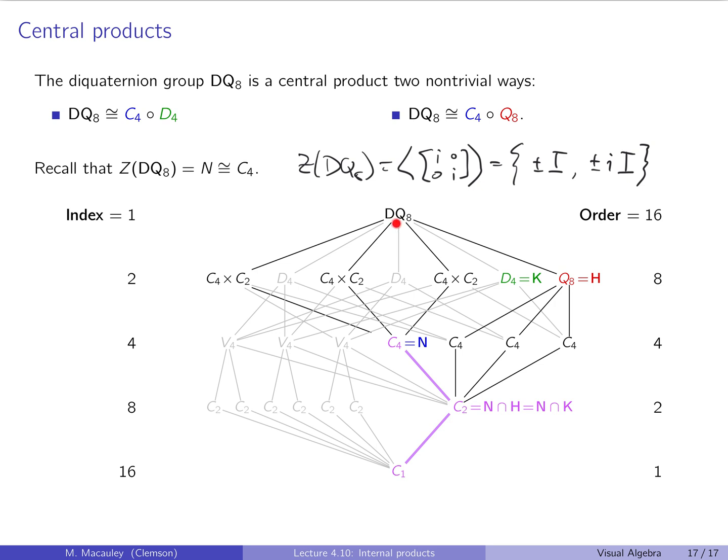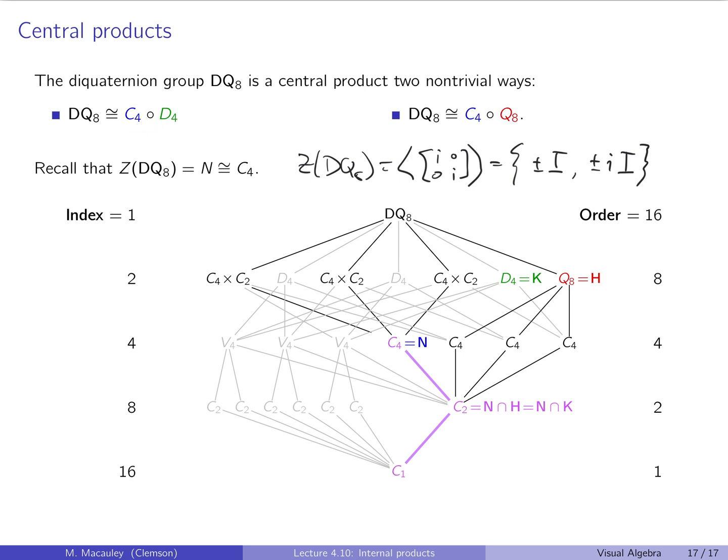So DQ8 is a central product of C4 with D4. And it's also a central product of C4 with Q8 because similarly, these 2 groups intersect, not trivially, but in this central subgroup of order 2, and these 2 things are normal and they generate G. So the diquaternion group DQ8 is a central product both of C4 with D4 and C4 with Q8,